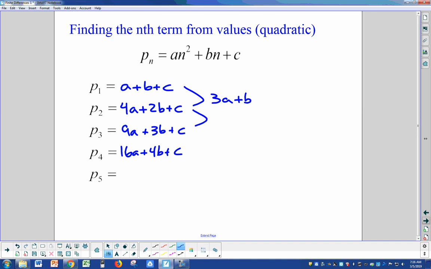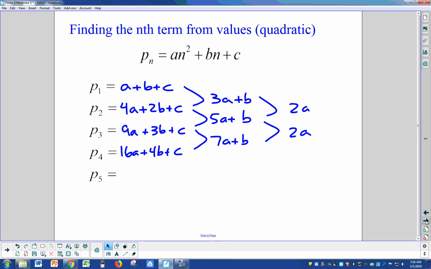In the second case here, we end up with, as you can see, 5a plus b, and in the third case, 16 minus 9 is 7a plus b again. Notice that as we go to the next level, we end up with just a 2a. Well, that's very helpful, because if we go backwards now, these A's, B's, and C's that we see in this